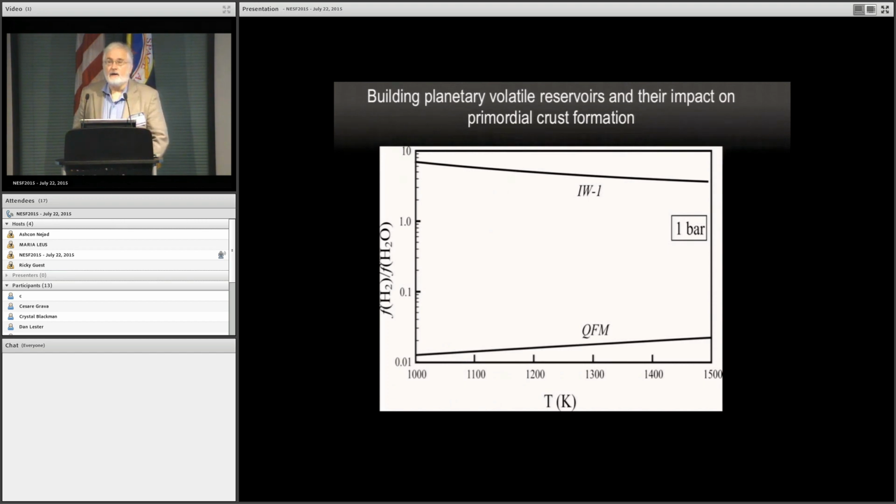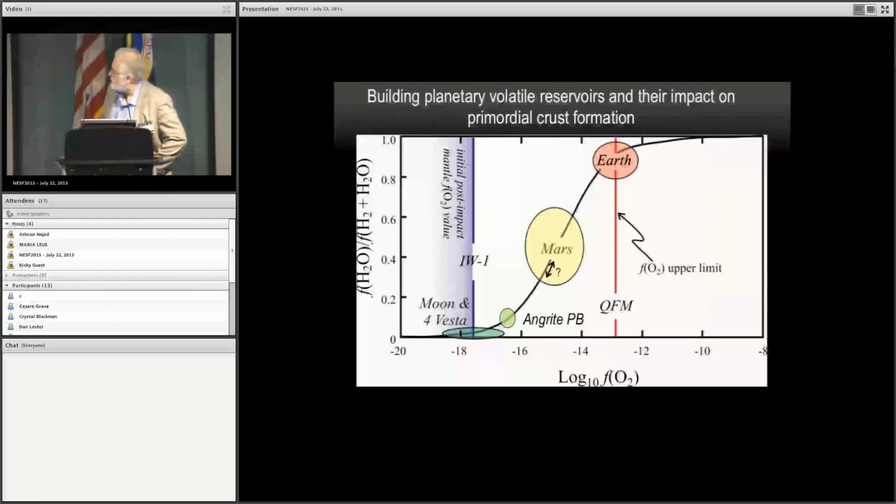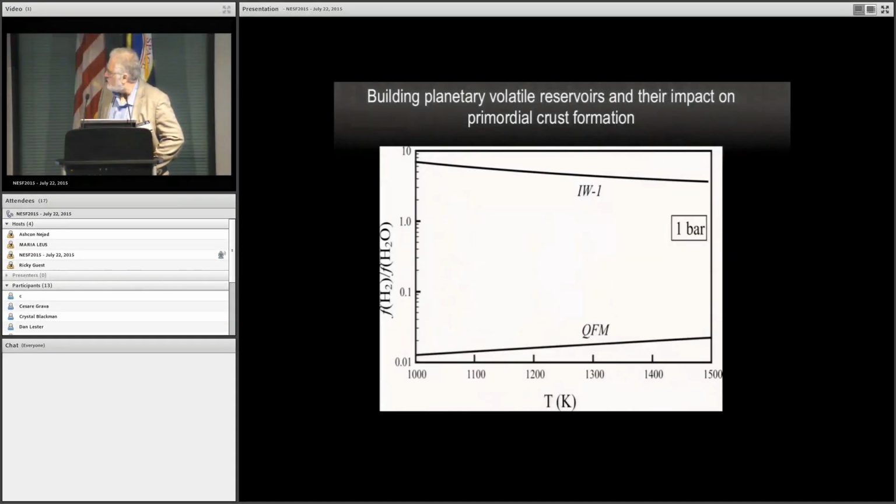Now one can look at the impact of FO2 on other volatile elements, and how they essentially are incorporated in reservoirs and planetary mantles, and how they impact the formation of primordial crust. This is just a diagram from a paper that I put together with Zach Sharp, which just kind of illustrates